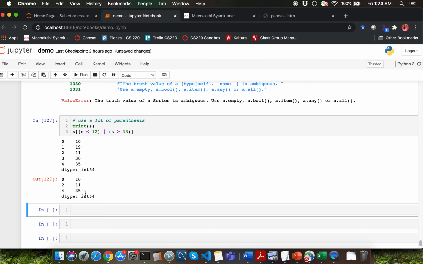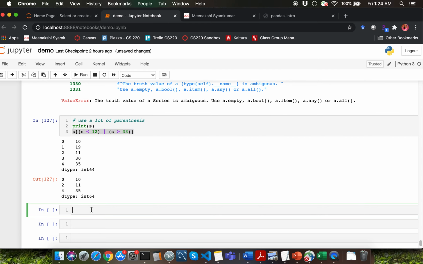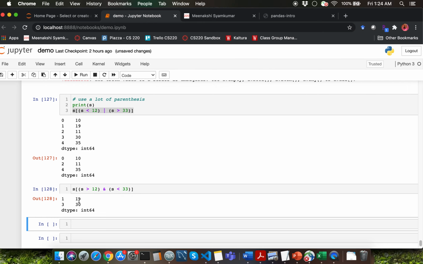Right, let's go through an example for and and not. So instead of saying s less than 12 or s greater than 33, I could say s greater than 12 and s less than 33, and I can switch the or to and. Both are not equivalent.